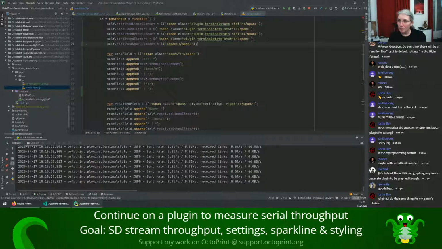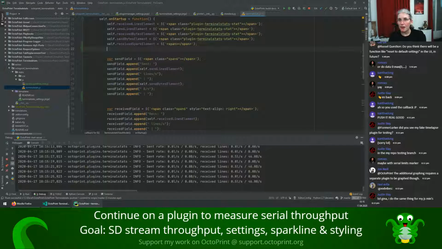And the same for self send spark element. Yep, yep, yep, yep. Ha! Look at that without looking. And